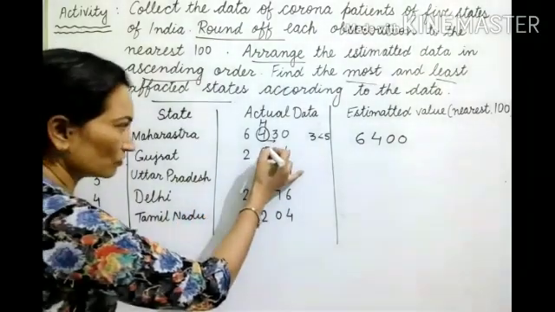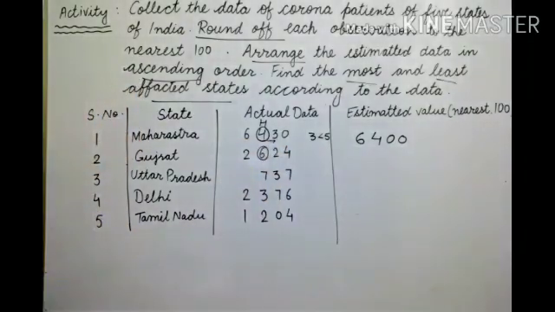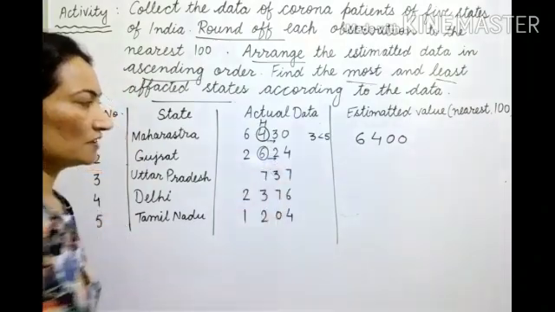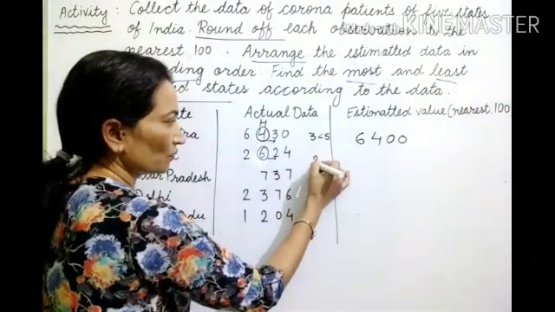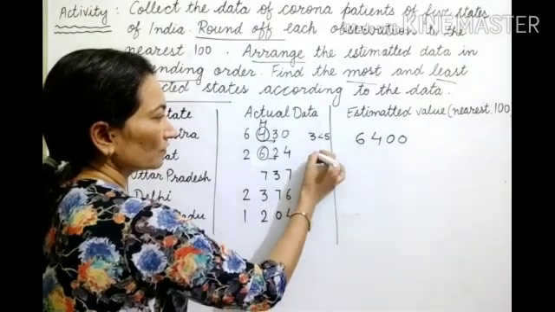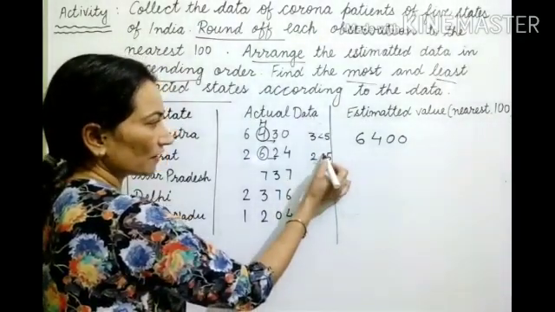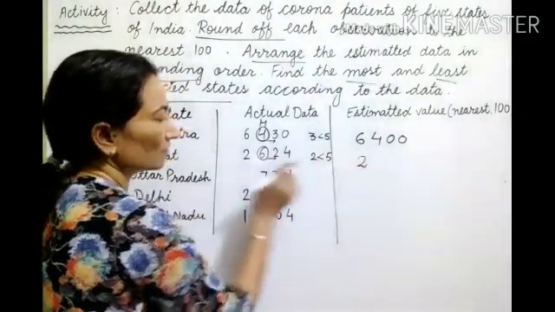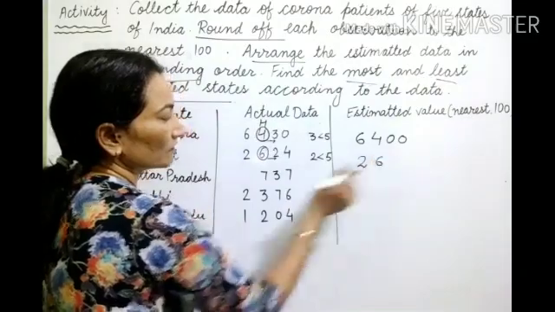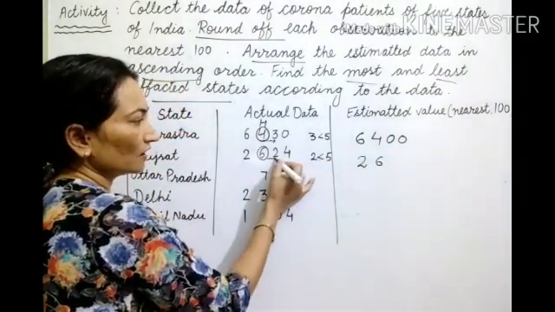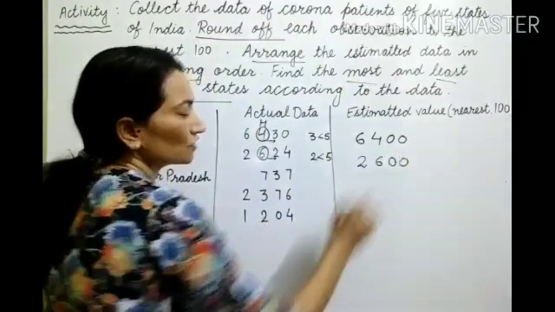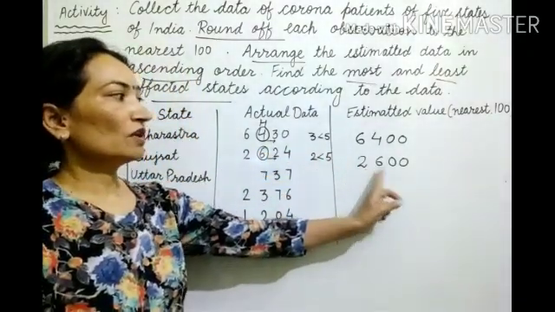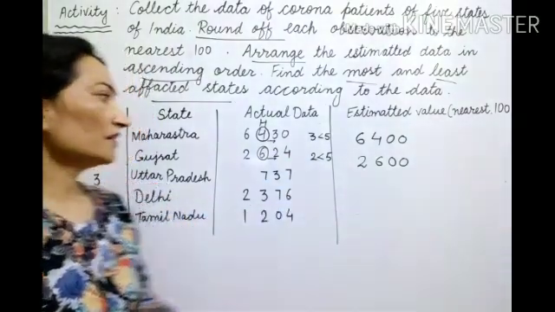Now take the second number, 2,624. We have to round off to the nearest 100. So we will circle the 100 place digit and put an arrow to the right digit. What is it? 2. So you will compare 2 with 5. As 2 is less than 5, no change in the circled digit, and the 1000 place we will write the same. 6 stays the same according to the rule, and the last 2 digits will turn to 0. So 2,624 will be rounded off to 2,600 to the nearest 100.